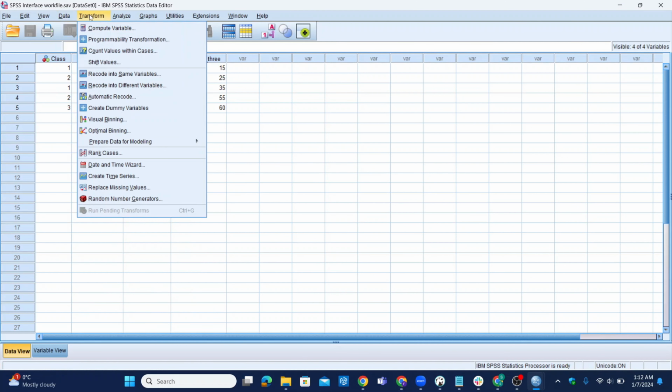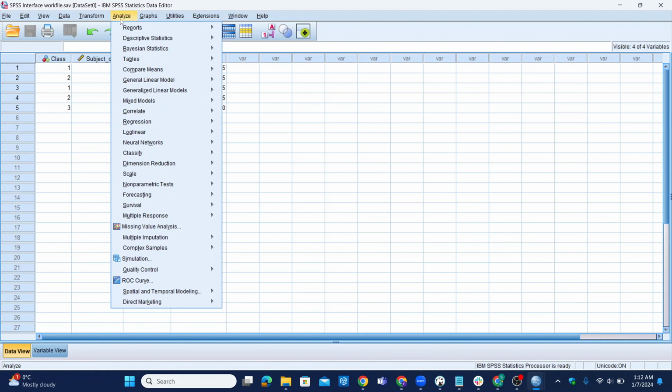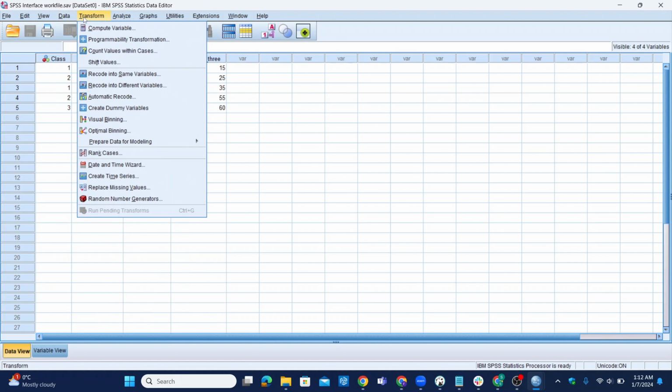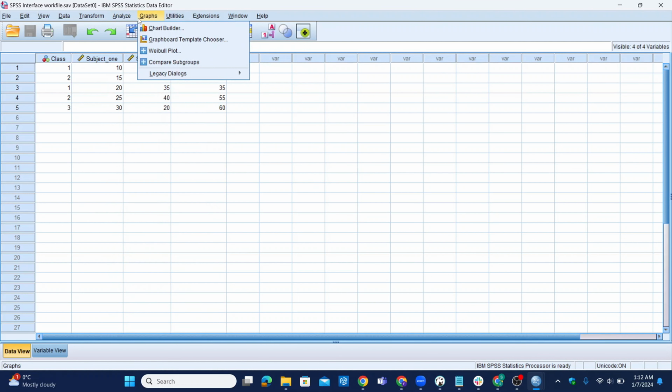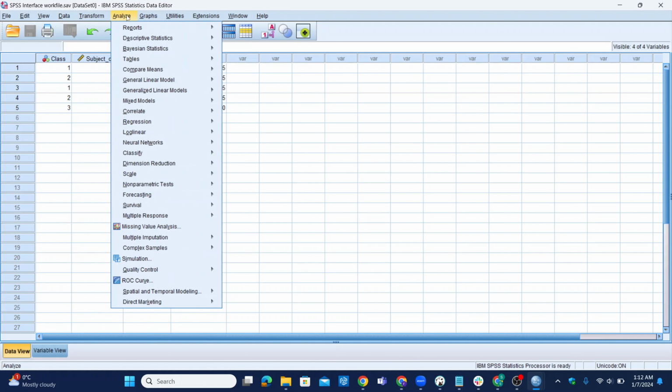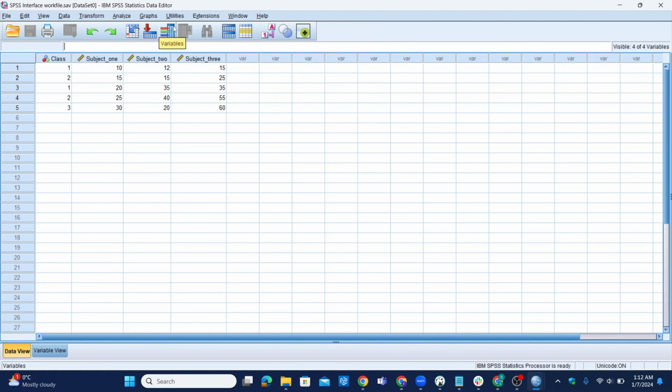The most important functions or features that you're going to be interacting with in the course of this tutorial are data, transform, very important, analyze, about 80% of your activities will be on this, and then graphs. So these four are the most important features that we're going to be interacting with. They also have some of these symbols. When you hover around them, you see the name. So yeah, that's the introduction to